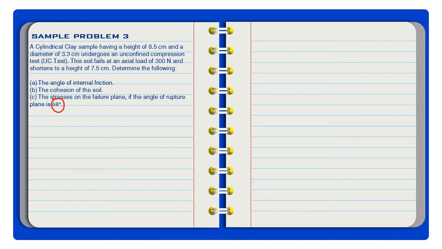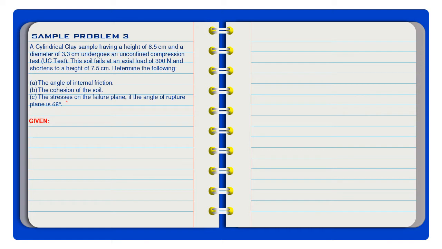So, that means, if this is your Mohr circle, and it is at the 0, 0 point, that means you have there an angle theta. Then, this one is 2 theta. And, the envelope is not a straight horizontal line, because you have a given angle of rupture plane. So,